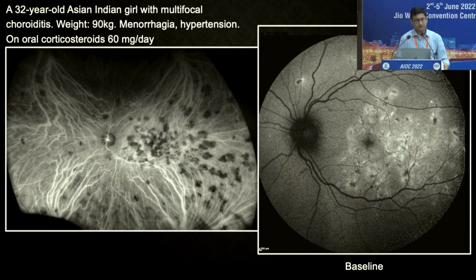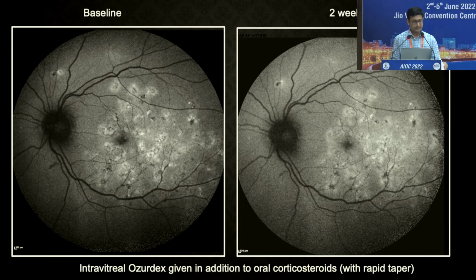Now I'd like to show you this one patient. This is an Indian girl who came to me in Abu Dhabi with multifocal choroiditis. This patient was heavy, had other systemic issues. And again, like I said, I did not start the patient on more than 60 milligrams corticosteroids. And you see the autofluorescence in the left eye was particularly concerning because you have lesions which are very close to the center. So of course this patient was started on steroids, and in addition I counseled her for the intravitreal Ozurdex, and at the same time I rapidly tapered the oral corticosteroids. So it was like 10 milligrams every 3 days after the injection.